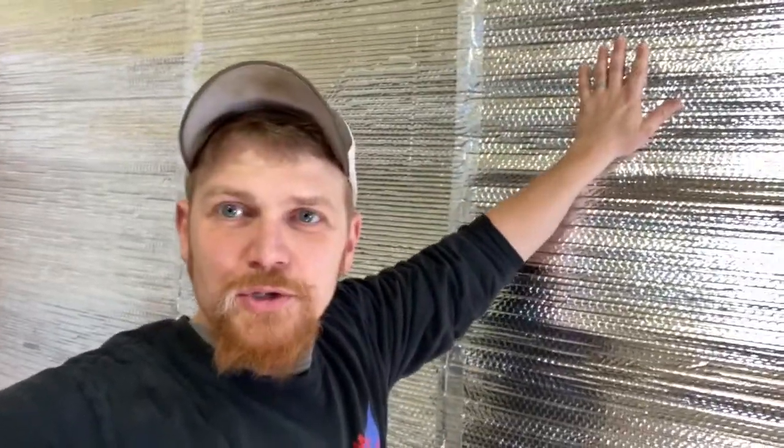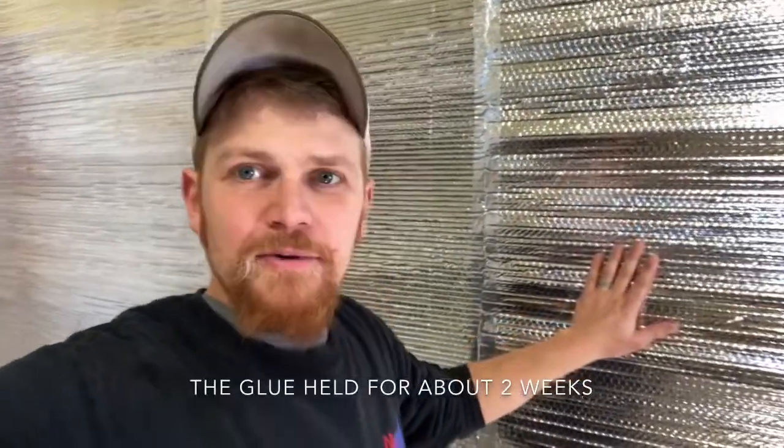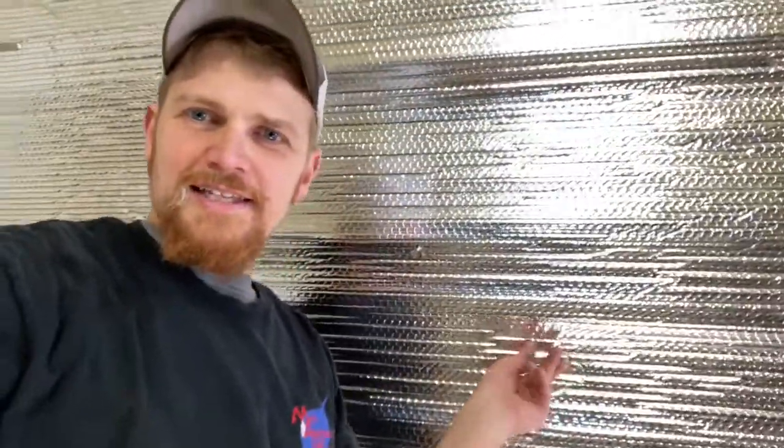The door had already gotten cold because it was like 10 or 20 degrees when I did this, so the glue didn't set in all the places. Even though I cleaned it with brake cleaner, got all the oil and dirt off first, it just didn't stick. So I would recommend, if you're gonna do this, make sure you do it while the door and the outside weather is still warm. But what I've done here is I got these heavy duty magnets from Amazon, neodymium, something